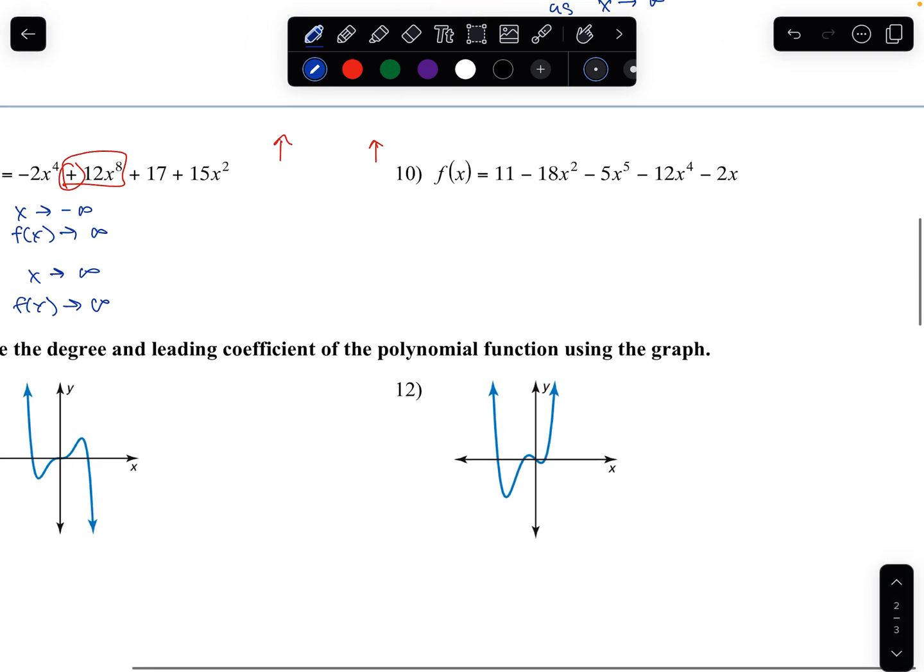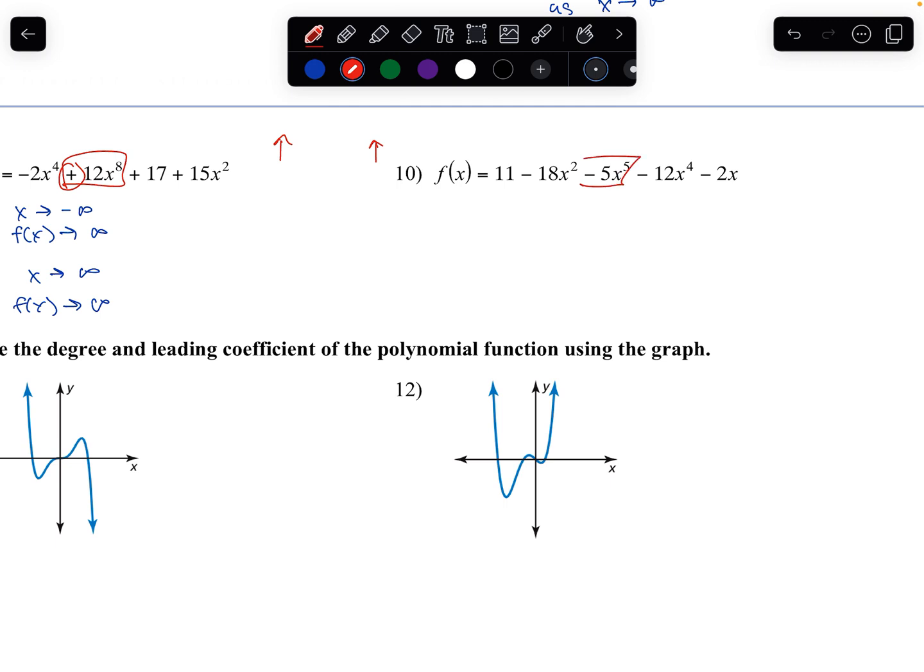For 10, looking at this term right here, negative 5x to the fifth. Okay, so on the left side, we're going to say as x is approaching negative infinity, f of x is going to approach, like I said